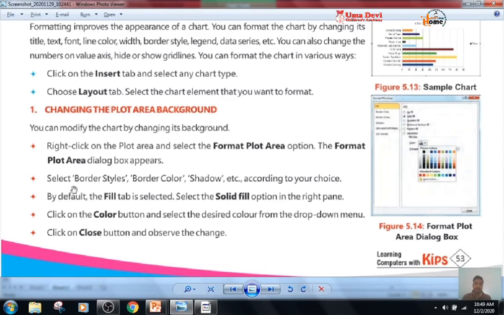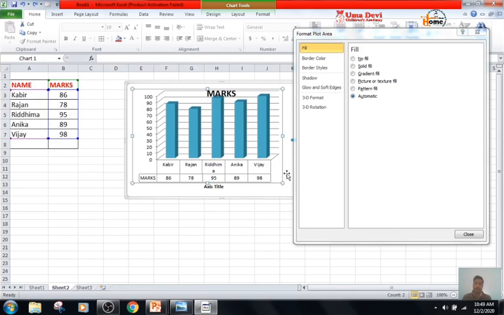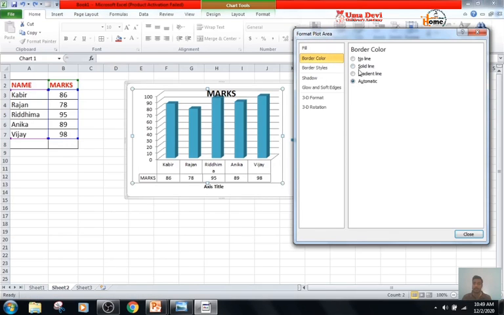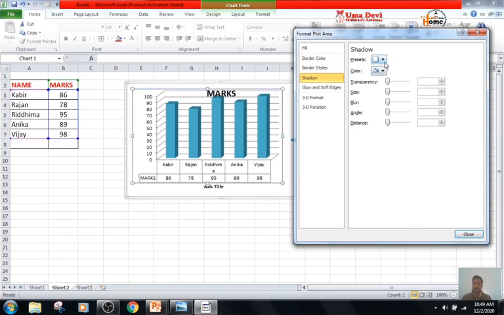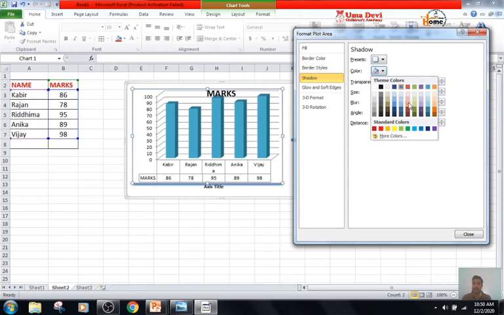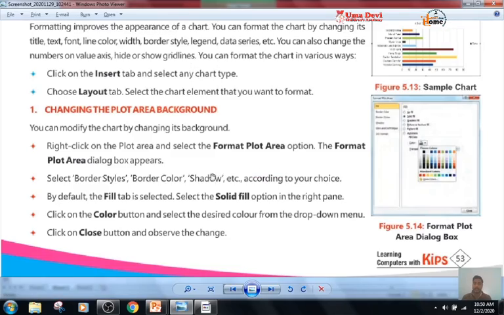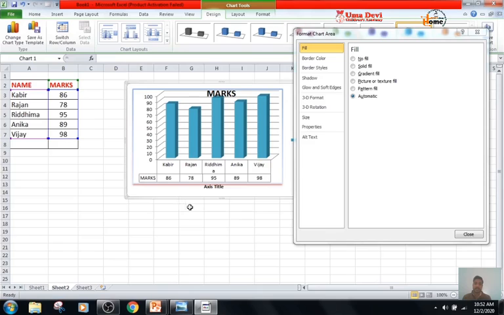Now select border styles, border colors, shadow, etc., according to your choice. So we will select the border color, border styles, and the shadow. By default the Fill tab is selected.